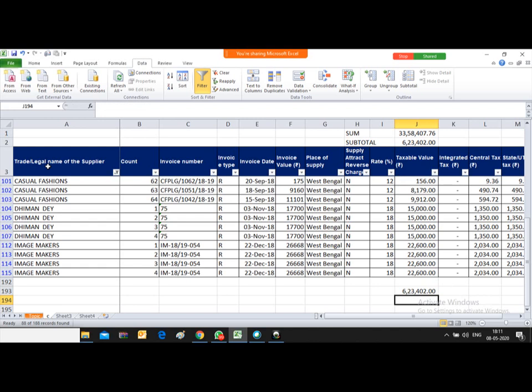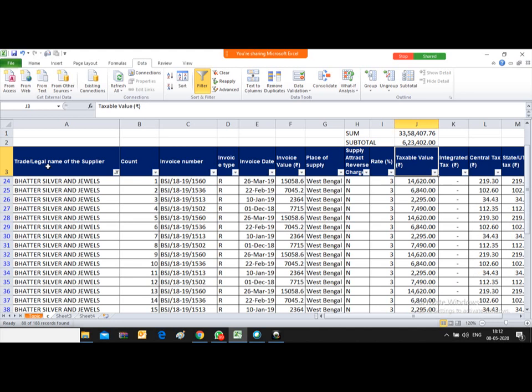Friends, you see that by pressing Alt equal to under the filtered rows, this summation comes automatically. You don't have to type equal to, then subtotal, then bracket, then 9, then provide the range. You can bring this subtotal formula by pressing Alt equal to, provided a few rows are filtered out. Only then can you utilize this function. Friends, is this clear?